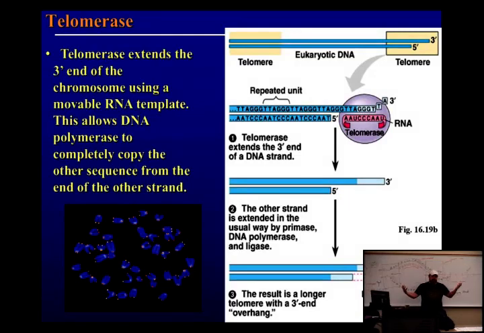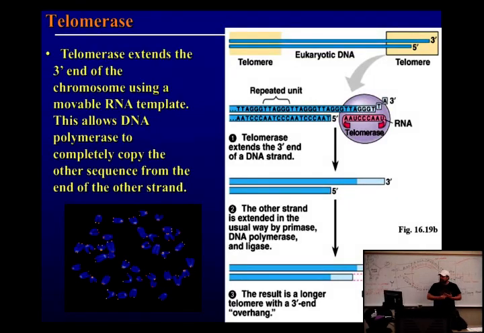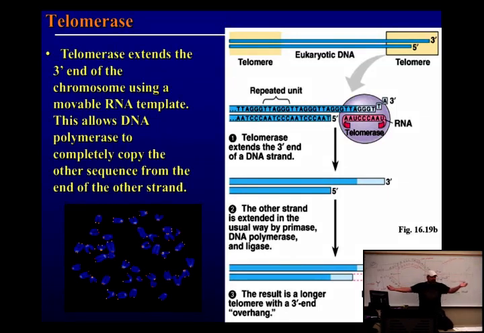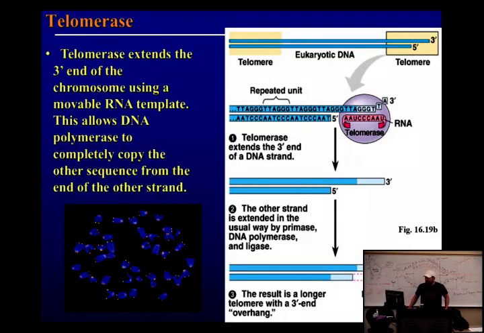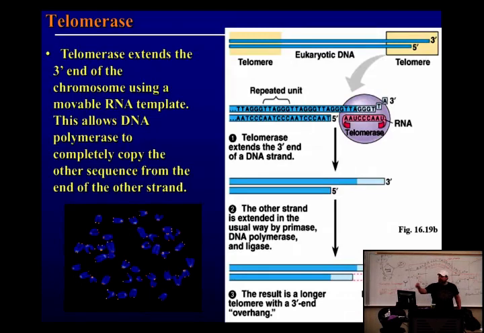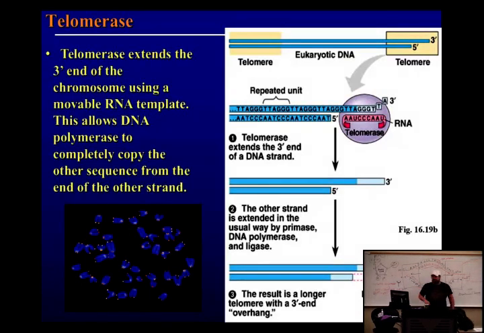Not all cells. Some stem cells have it on, but most cells have it off. Why is that? What does having telomerase on lead to? Cancer, right? So there's a fine line here between immortality and developing cancer. So even if you could live forever, even if we talked about these Raelians, and we could clone sheep, but when we do the clone, what does that clone already automatically start with? Shorter pieces of DNA, right? So the clones of organisms don't live as long as the parents because of this telomerase.